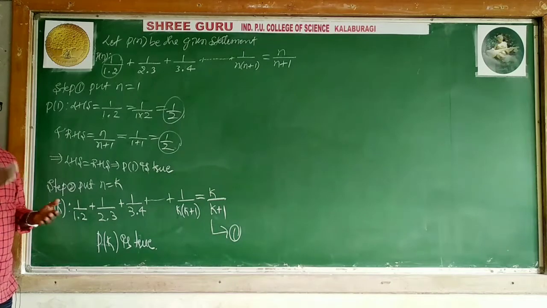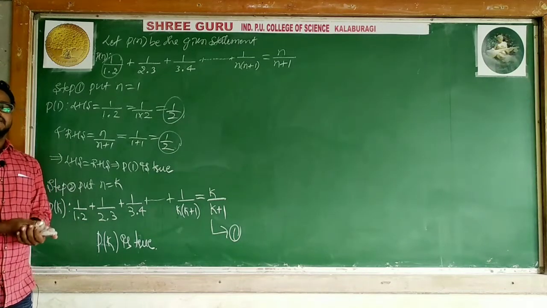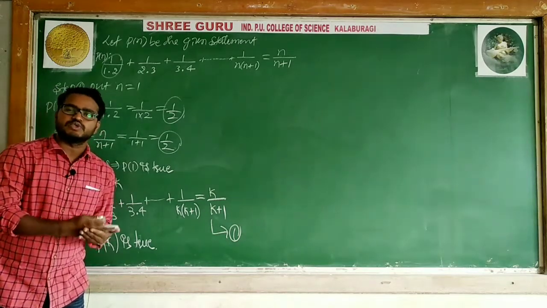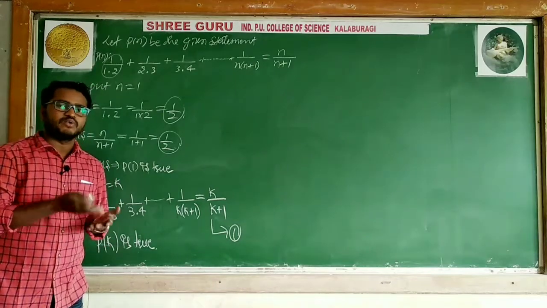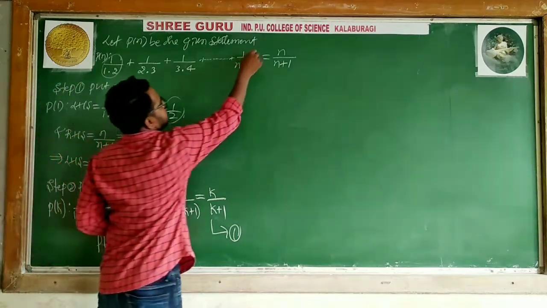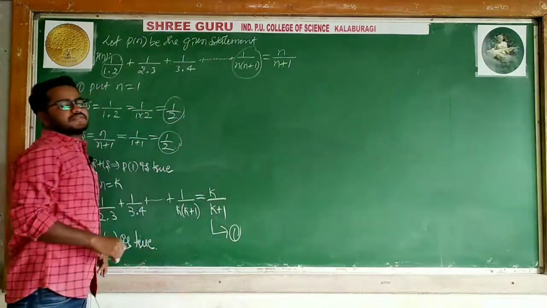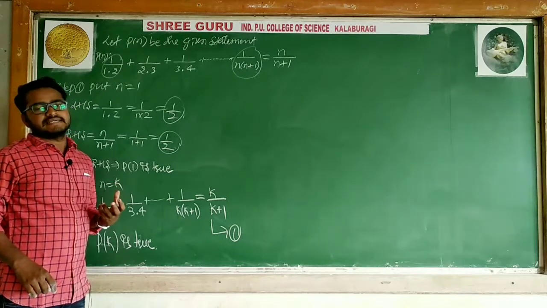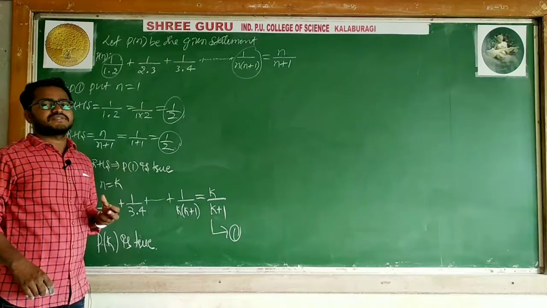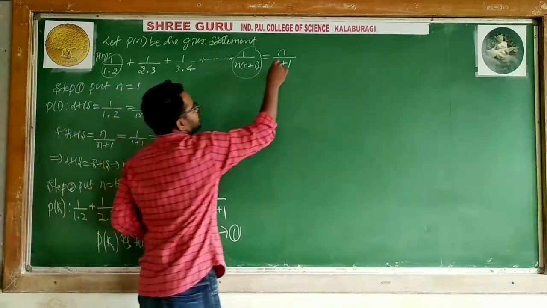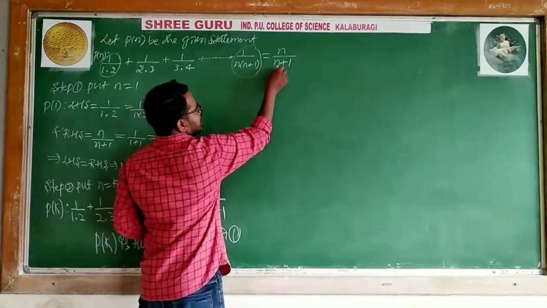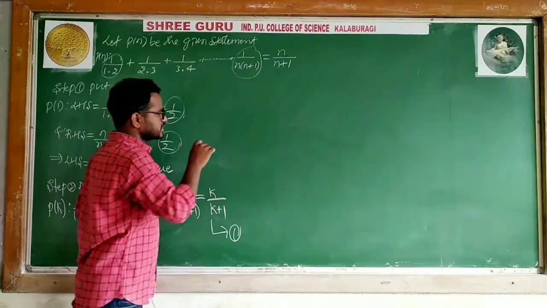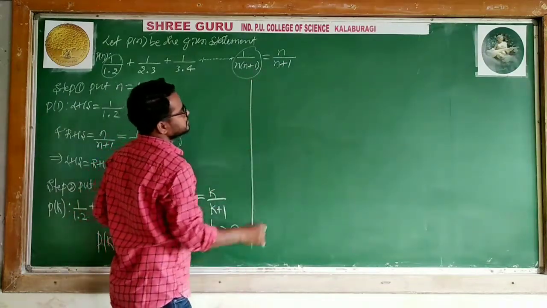Third step: in the case of the third step, you see, step 3 is to prove P of k plus 1 is true. To prove P of k plus 1 is true means we have to prove it for n is equal to k plus 1. For that reason, we have to add one term that depends upon the last term of the given LHS. I will replace n with k plus 1. What we need exactly for step 3 is to show that wherever n appears, it becomes k plus 1. For that reason I will express step 3. What is step 3?